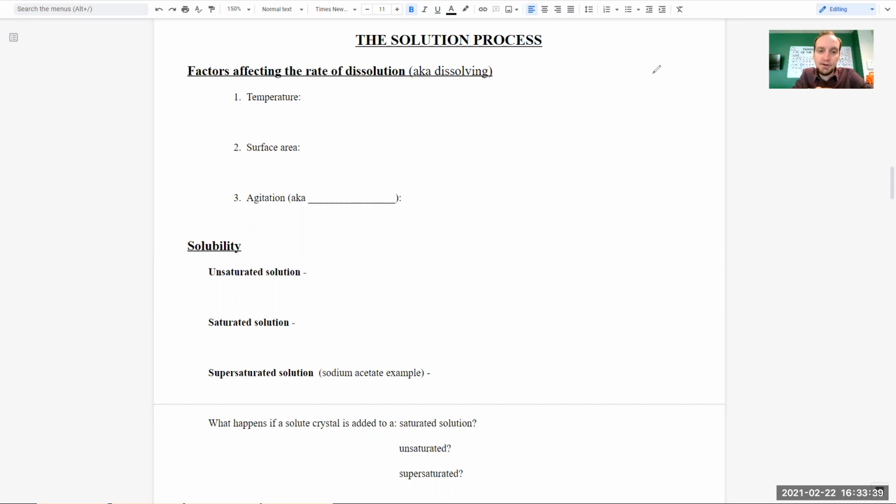Another one is surface area. So for example, let's just say we had a sugar cube versus granular sugar. A sugar cube only has 6 sides and they're flat, and the water, if we're talking about water being the solvent, can only dissolve from the surface to the inside. It always goes from the surface in. Whereas if you have granular sugar in fine grains, the surface area of each of those little crystals is exponentially larger collectively than the single cube. So if you have more surface area, the granular sugar will dissolve much, much quicker than, say, a sugar cube,